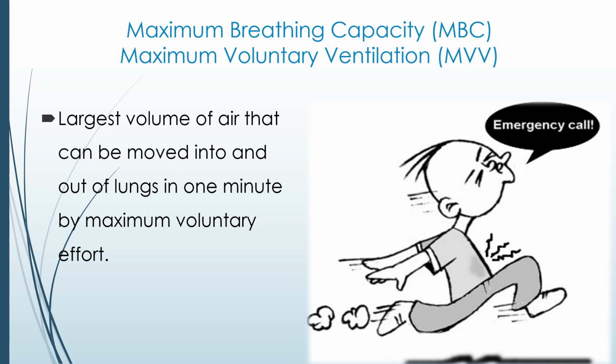by maximum voluntary effort. In a normal adult male, the maximum ventilatory volume is 80 to 170 liters per minute. This volume is reduced in patients with emphysema, airway obstruction, and very poor respiratory muscle strength. This is one of the indices of ventilatory function. It depends upon the complete response from the subject also.